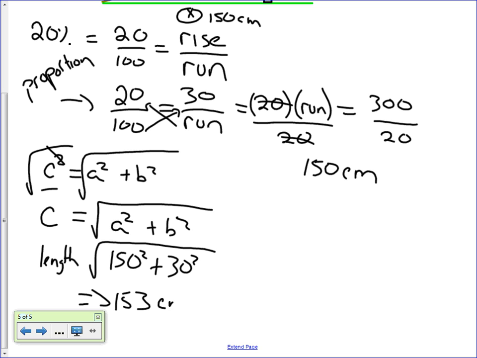153 centimeters long. Okay, for this class, I want you to try the odd numbers on the